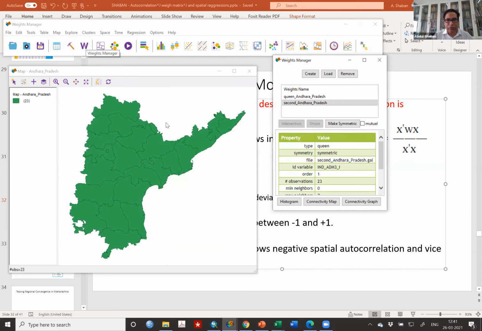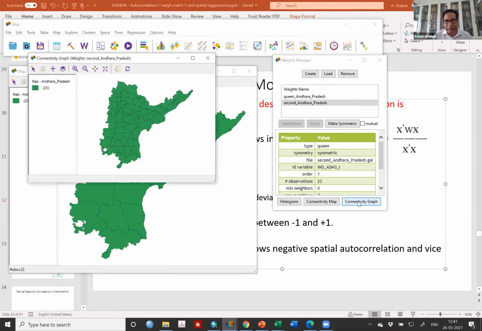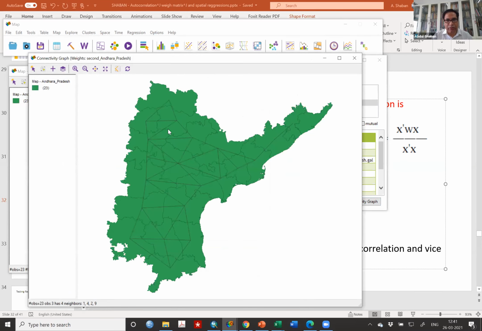Now another thing I can do here, connectivity graph I can also see. Connectivity graph, it will show through arrows. Just press it. Look at how it looks. I just increase. Look at these geometrical figures, which districts are connected with whom, who are the neighbors. This comes out. Only this one not coming, and that is actually our concern. So 11 has 12, as I said, 11, 12, 13. So 12 is neighbor of 11 and 11 is neighbor of 12.